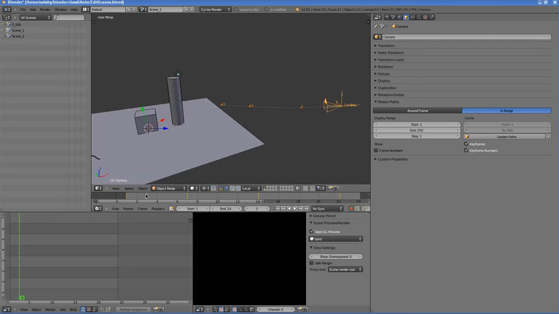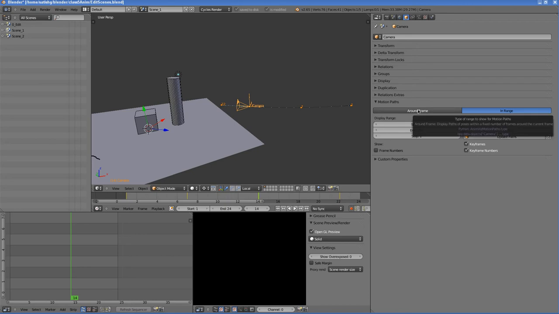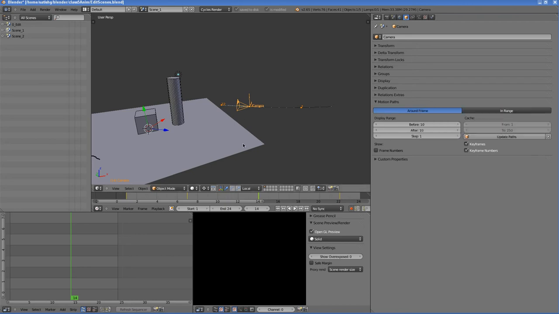If I switch to around the frame, you'll notice the motion paths are displayed partially around the frame: 10 frames before and 10 frames after. I can reduce this over here. So this is one way of checking out the motion paths in range.